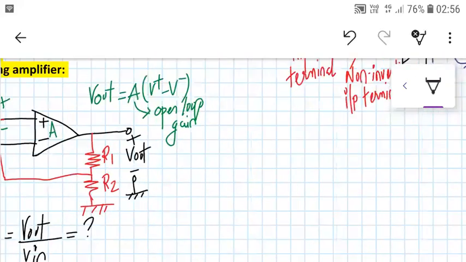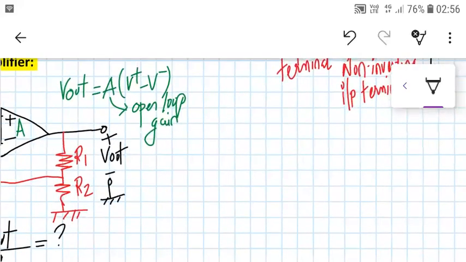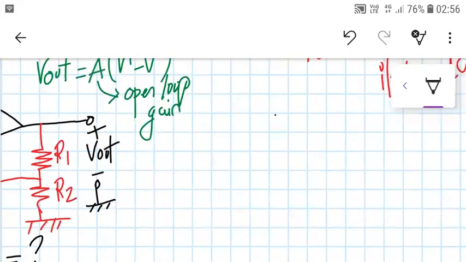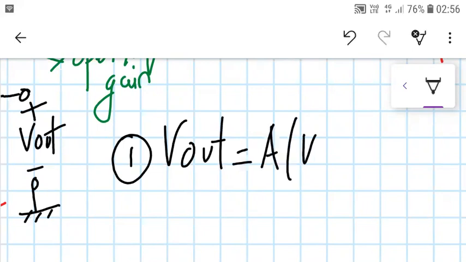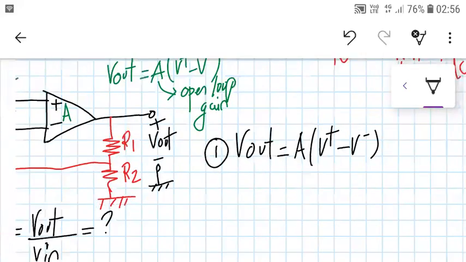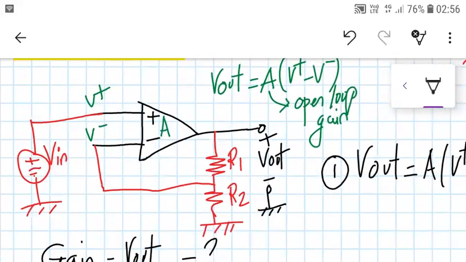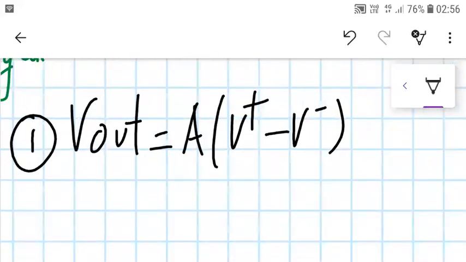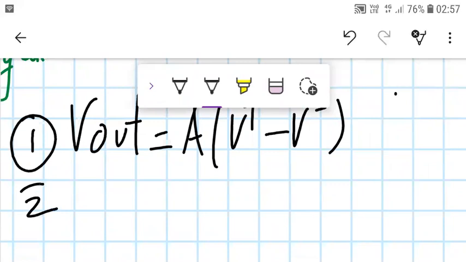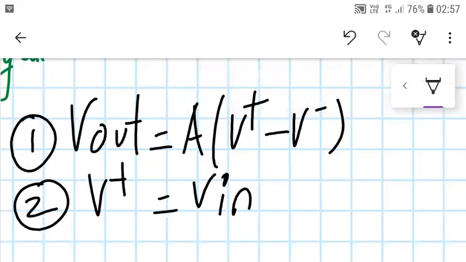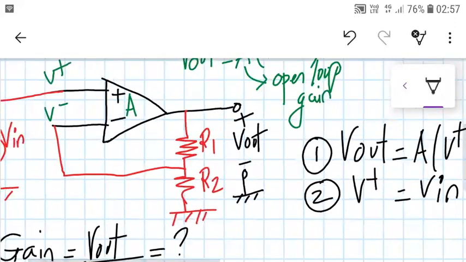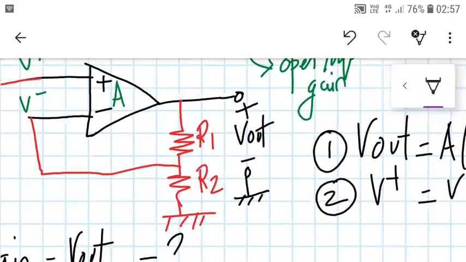This will be a good starting point: V out is equal to A times V plus minus V minus. Let me write this as step number 1. Now from this circuit, what is V plus? V plus is the same as V in. So step number 2 is V plus is equal to V in. And what is my V minus in terms of V out? As you can see carefully,